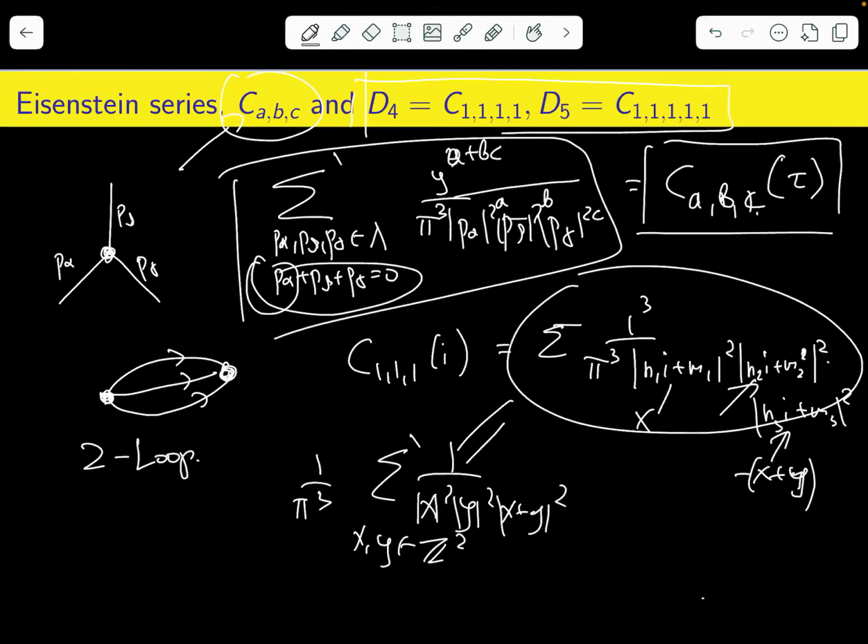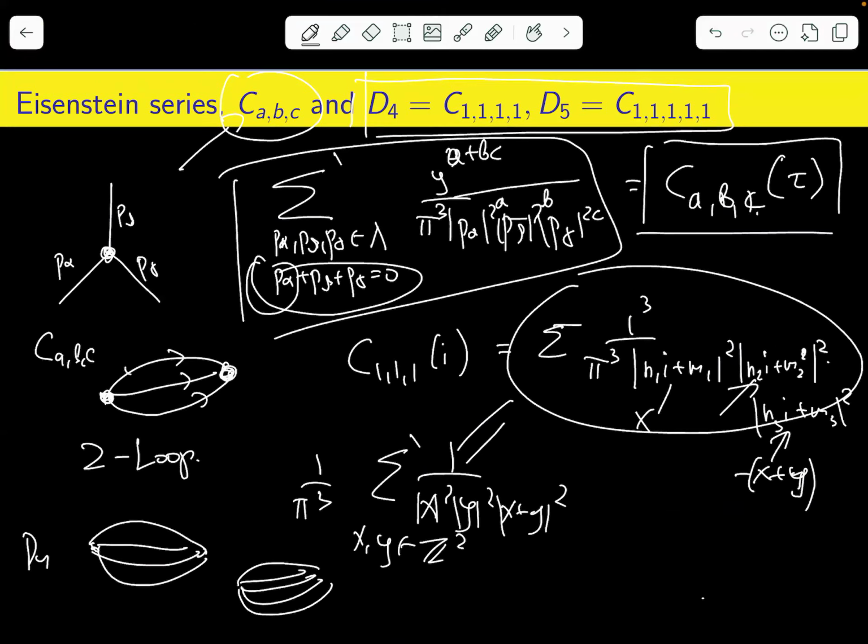For example, what is D4? D4 is when you have two vertices and four edges here. Well, and D5 is when you have like five. Okay. And this CABC happens when you put A points here, B points here, and C points here, C vertices. So similarly as we did for Eisenstein series. And so for D4, you have a sum over all vectors in the lattice such that the sum of